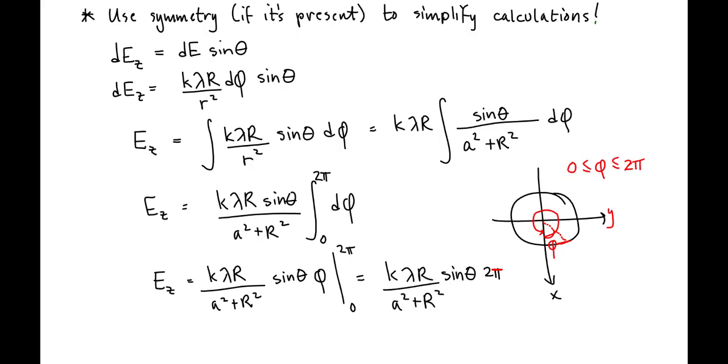We're almost there. There's a couple of things we don't know, though. We don't know lambda, or we weren't given lambda. We were just given that it was a uniform charge density. And we weren't given sine theta, but we have a relationship that will help us determine sine of theta. So really, we have about everything we need to finish this problem.